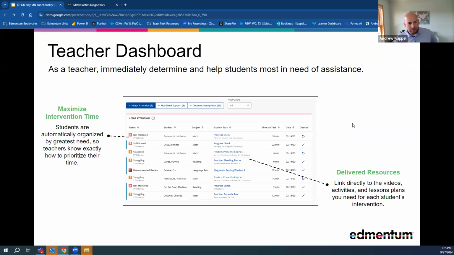All right, so when you log in after your students are using, you're going to see this teacher dashboard. I left this screenshot in here because I don't have as good of a screenshot. It's going to give you a sortable piece that says needs attention, may need support, and deserves recognition. And it's going to have some different pieces here. So you're going to have those not mastered X's, skill missed, recommending for review. Under those may need support, you're going to start to see your building block students, and then deserves recognition are going to be your trophies. It's also going to outline which resource they're looking at.